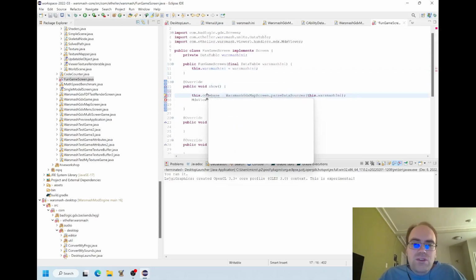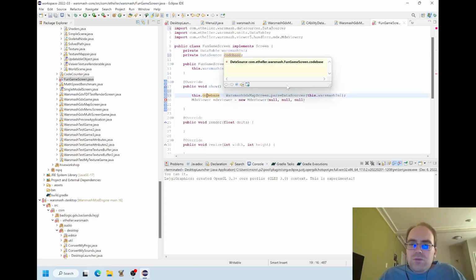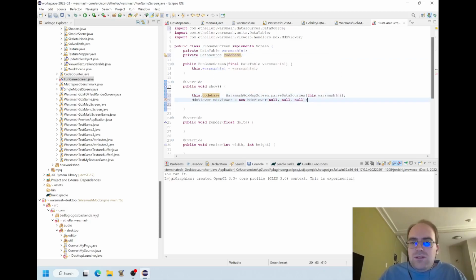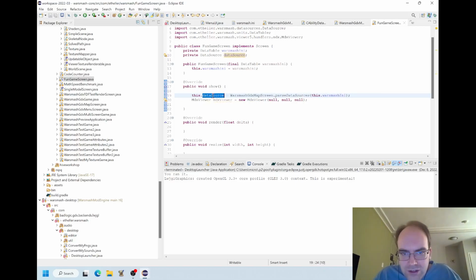These are those few things that aren't copied from Ghost Wolf that are stupid Warsmashisms, like the concept of a data source. It's literally just a Red Rum Model Studio data source. I just copied it over. Okay, it's all a big copy paste done in a hurry. So this was wanting to call itself codebase, but let's call it data source to be consistent. So this is our data source.